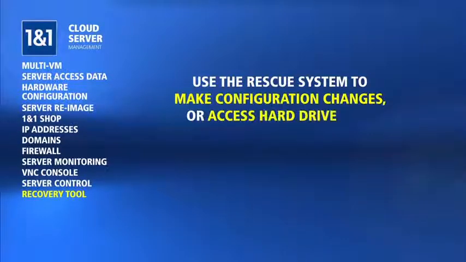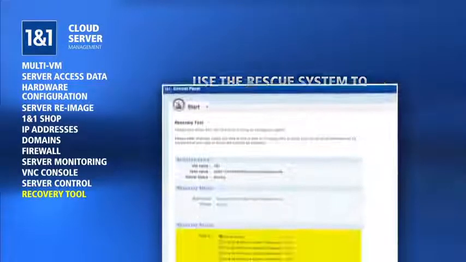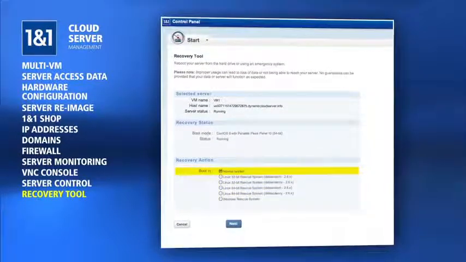This rescue system will allow you to make any configuration changes to your server in order for it to boot properly, as well as allow you access to your hard drive data in case you need to back up your files. To try booting your server again from the hard drive after making any changes, choose the Normal System option from the Recovery Tool